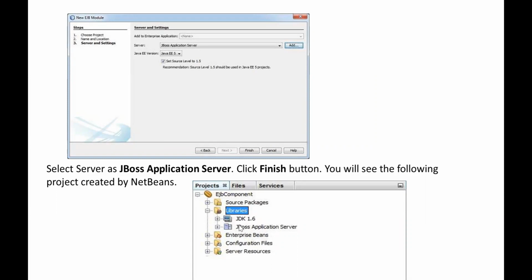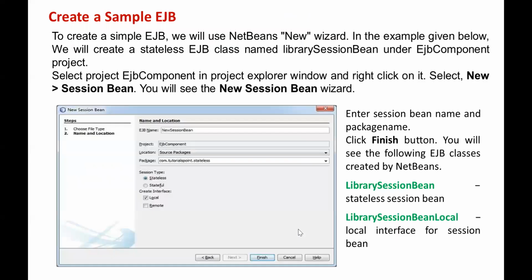Then the libraries, we are using JDK and the application server we are using is the JBoss application server.